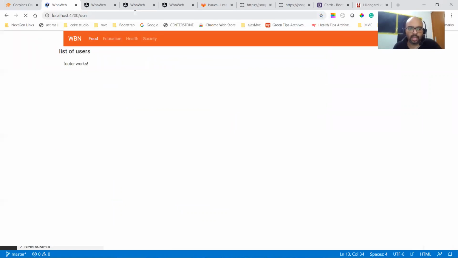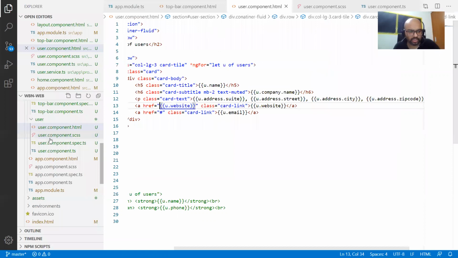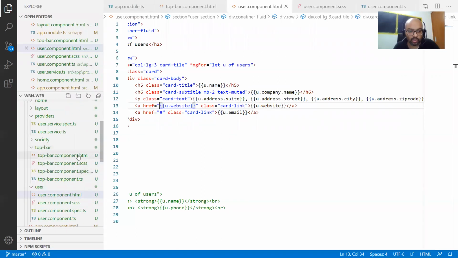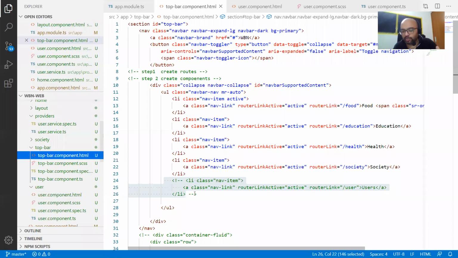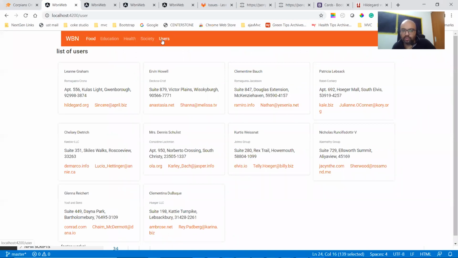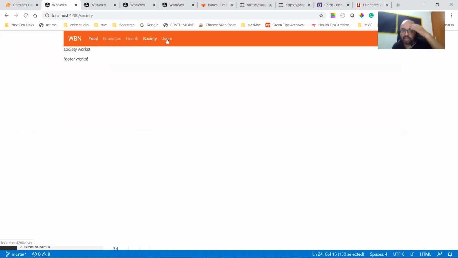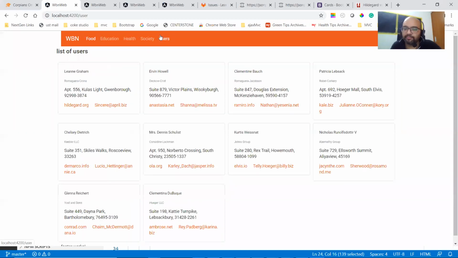Otherwise you need to remember the route every time, so just to make sure, let's uncomment this one in the top bar. So now you have this as a part of your route. You click on users, food, education, health, society, and then your user. Done.